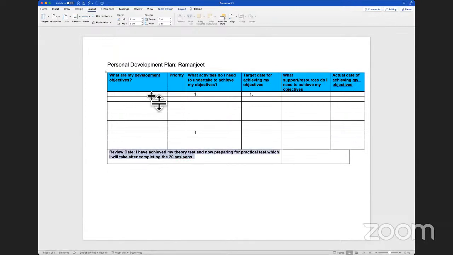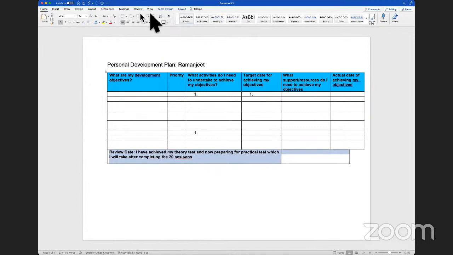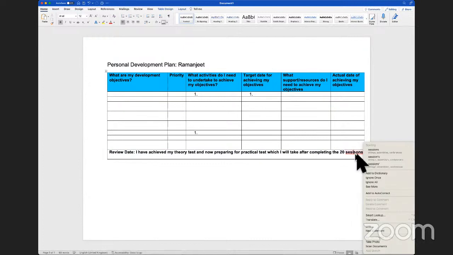Okay. And then towards the end, what you need to be able to do is put a review date down that I'm going to be reviewing my personal development plan. Because what tends to happen is that in most cases, when you create a plan like this, at the end of the year, it is reviewed by yourself and your manager. The reason for reviewing is they want to see what progress you have made in carrying out these activities, and if there are further activities or targets which need to be set or developed in order for you